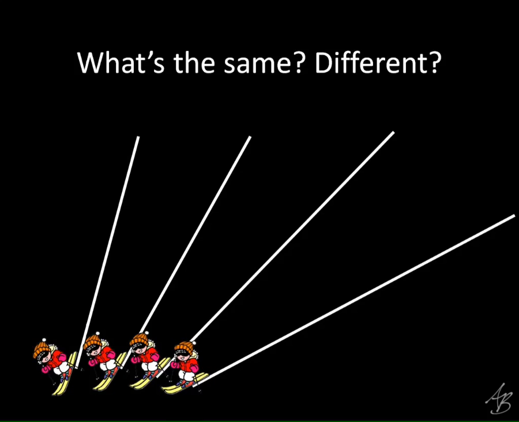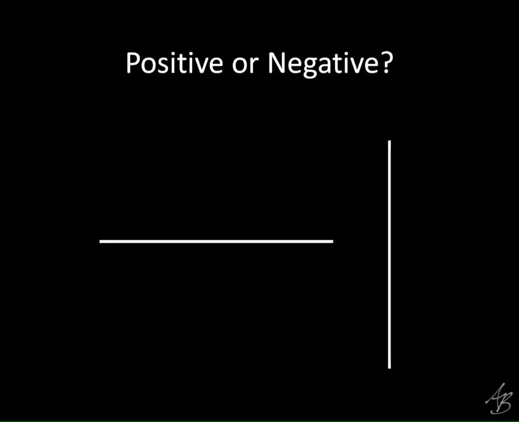The tricky ones kind of get to these right here. All right, so like I said earlier, this line right here, this horizontal line, it doesn't have a positive slope and it doesn't have a negative slope because as we go from left to right, it doesn't go up or down. All right. What would happen on this line if I put a skier there and let him go?